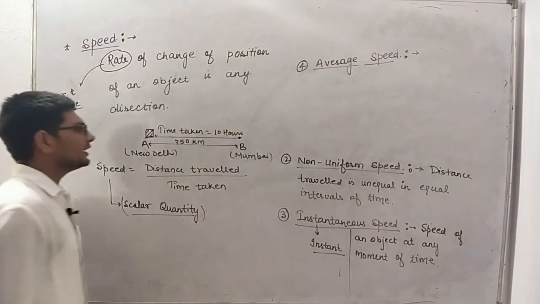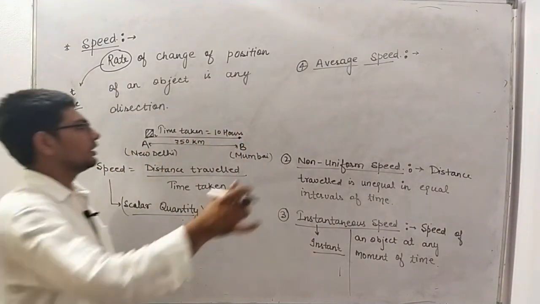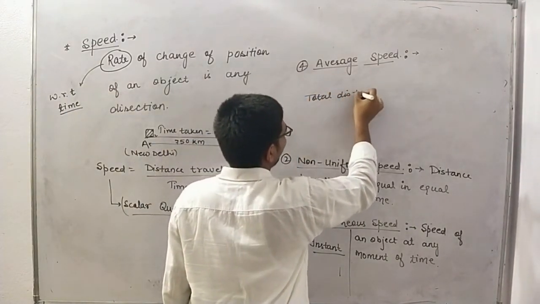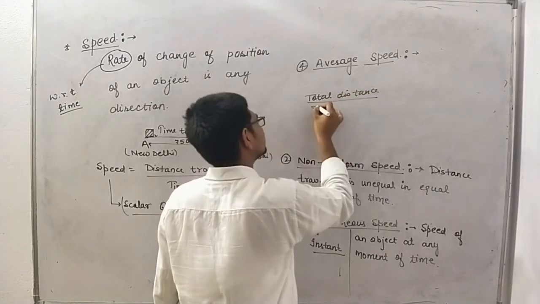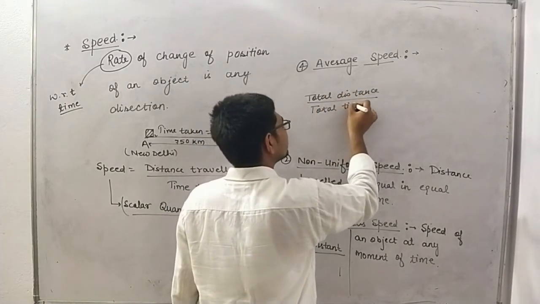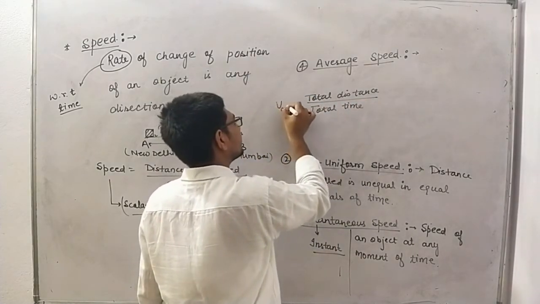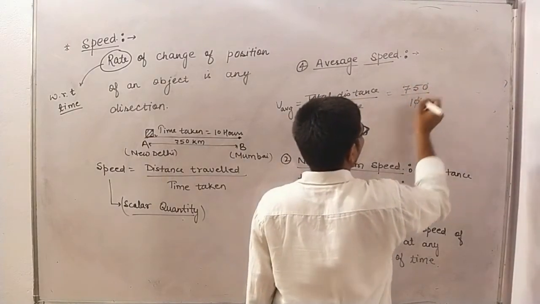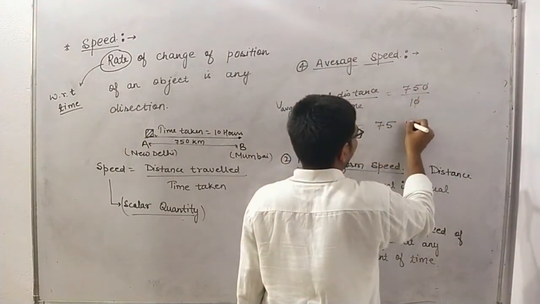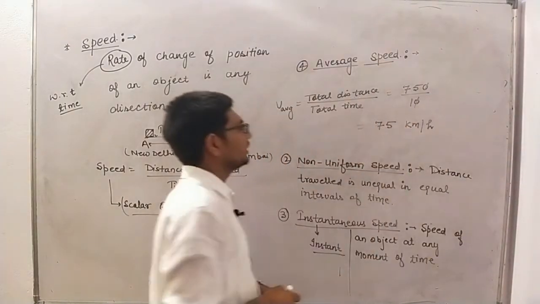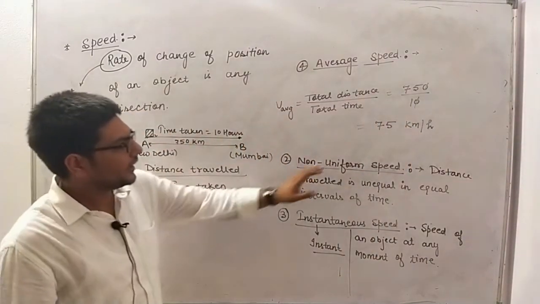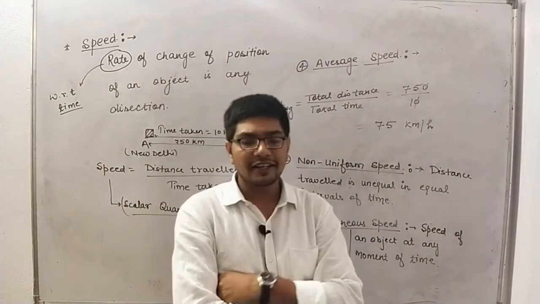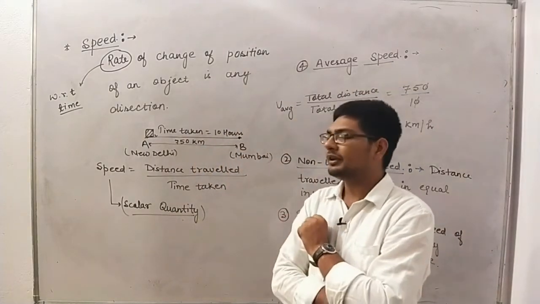So what is the speed of the car? That will be equal to total distance upon total time. This is the average speed. This is equal to 750 upon 10, cancelled, and it comes to be 75 kilometer per hour. Now this 75 kilometer per hour, dear students, is the average speed of the car. Why are we calling it the average speed? Because